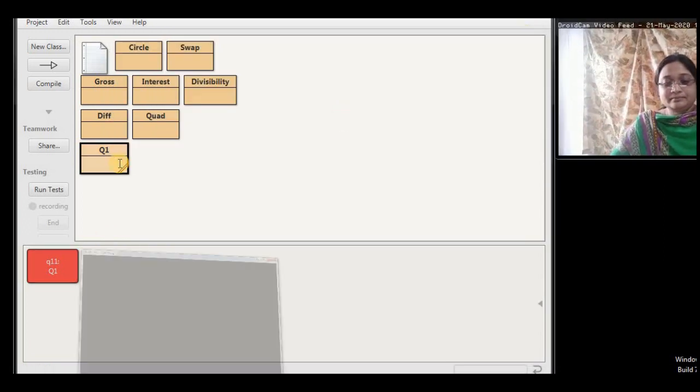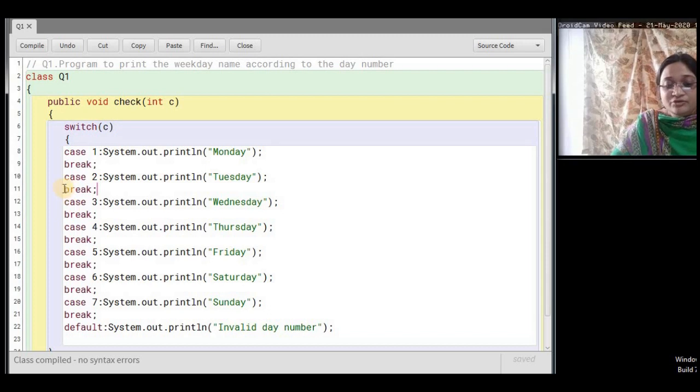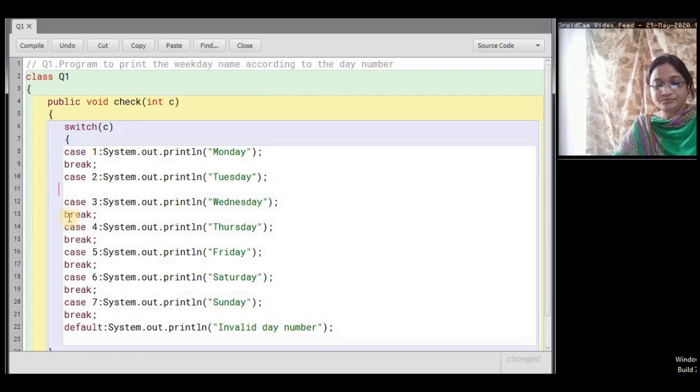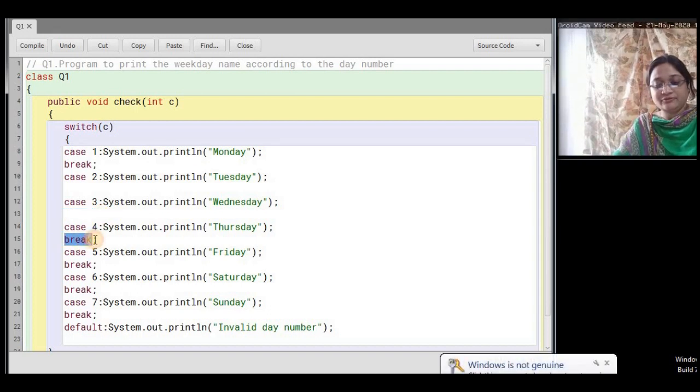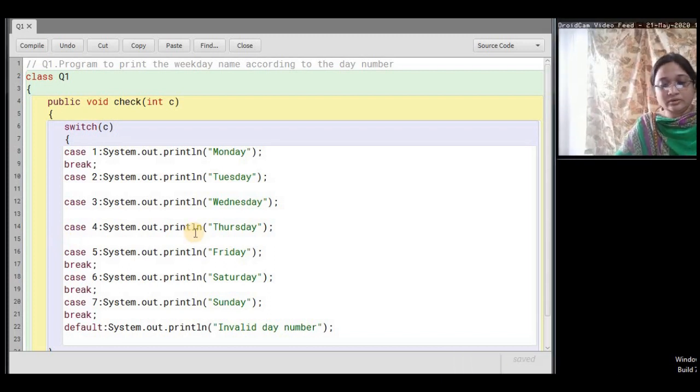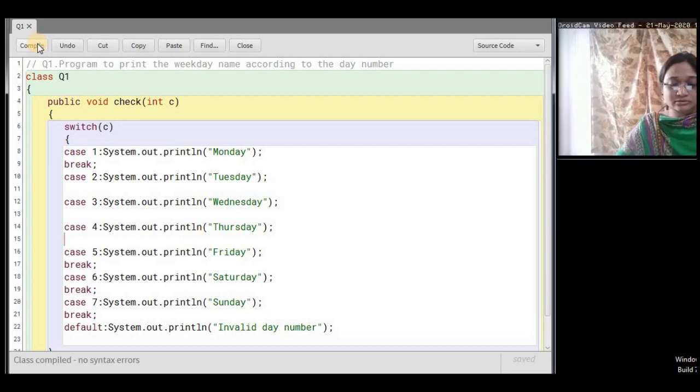Next, if I remove these break statements from here, then what will happen? I'm removing break from case 2, from case 3, from case 4. Now let us see what is going to happen. If you compile, it will not give you any syntax error.